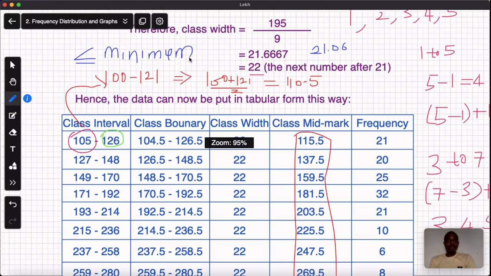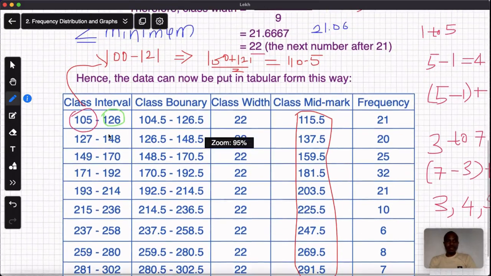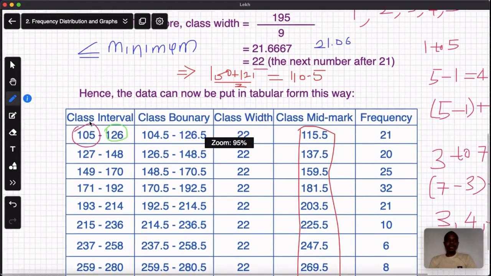But after doing it with the lower class limit as 100, I found out that we couldn't cover for 300 here. I think we stopped at 290 something. If you want to try it, you can try it. So I'm not going to be using 100. And don't forget, the maximum we have in our observation is 300. So I'll be using 105 instead as the lower class limit of the first class. So starting from 105,